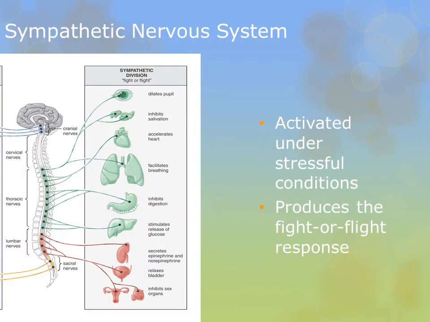So the other half of that handout then is the sympathetic nervous system. And the sympathetic nervous system you might recognize as, or have heard before, as the fight or flight system. And it's activated under stressful conditions. So again, we want to know, what is the neurotransmitter? The neurotransmitter for the sympathetic nervous system is norepinephrine. And you might know that epinephrine as a stimulant stimulates heart rate. So norepinephrine is similar